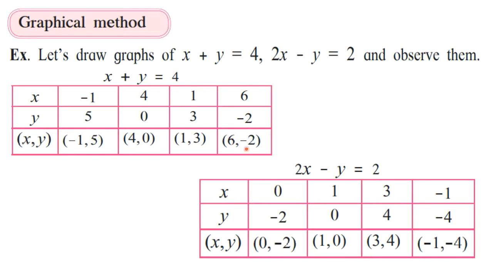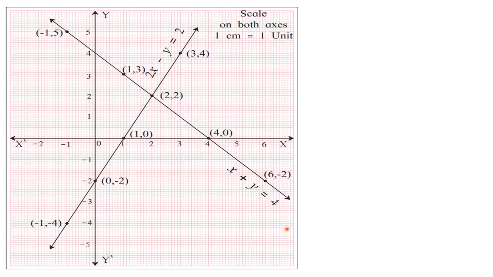Now after finding these values or ordered pairs, you have to go to the graph paper and there you have to draw the coordinate system. That means x-axis and y-axis. So like this, see, this is the x-axis, x and x dash. The positive side is x and the negative side is x dash. Similarly, on the vertical y-axis, the upper side is y and the lower side is y dash. So in this way, we can draw the x-axis and y-axis.